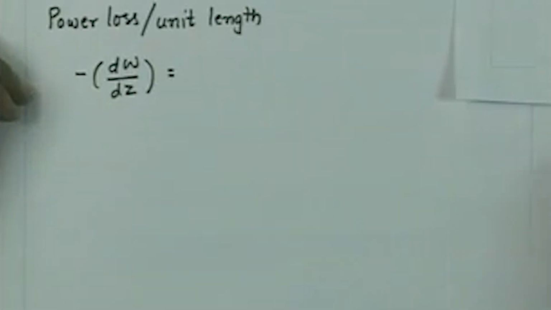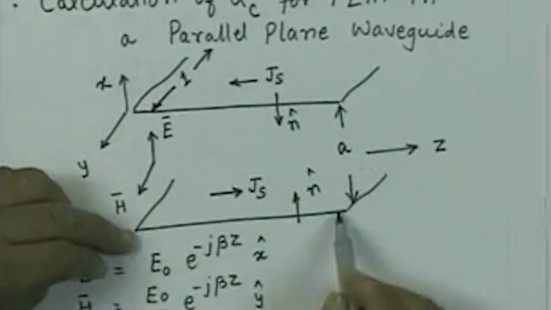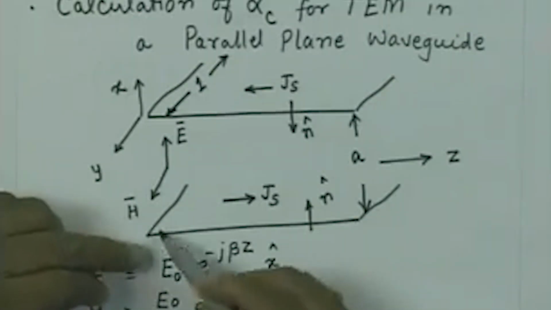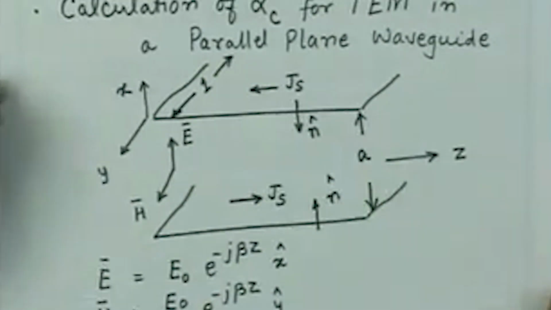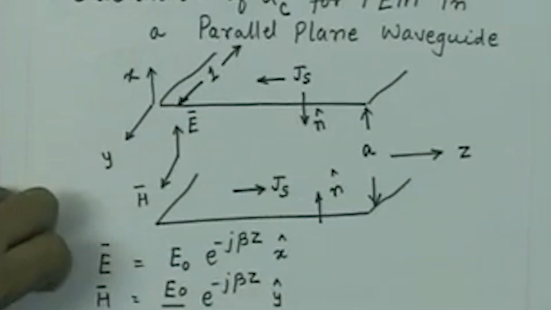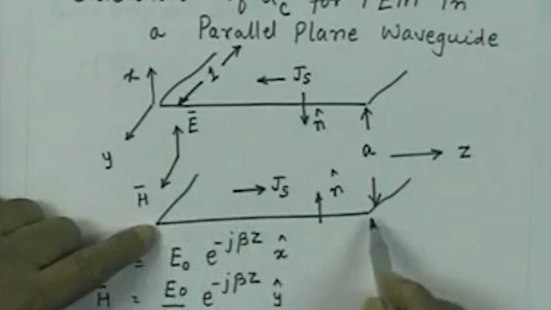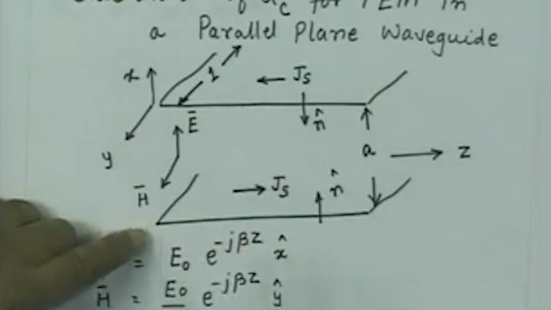That is integrated over the area of the surface per unit length. That means in z direction we have unit length, and in y direction also we have taken width equal to unity. So, in y also we have unit length. So, the limits for the area are from 0 to 1 in z and from 0 to 1 in y,